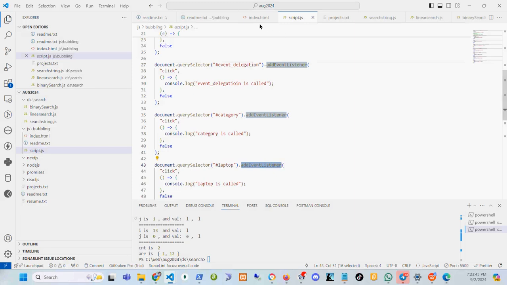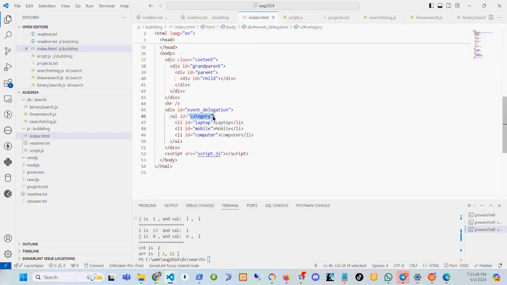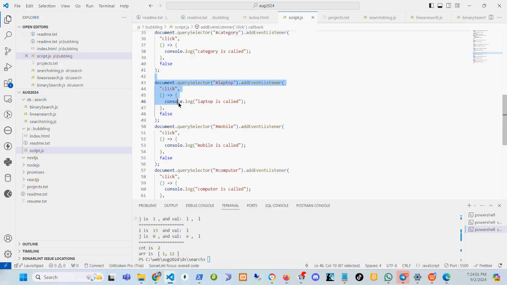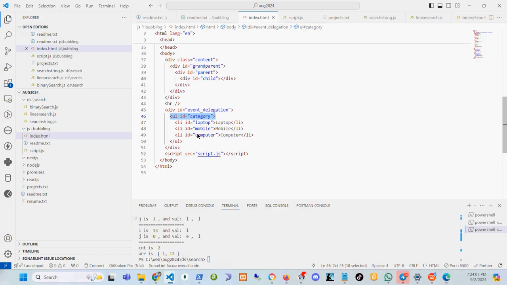It's better to put the event listener on the parent one, like category one, and we can also know which one got clicked only based on the category part. So for example, it's useless to write the event delegation for each category, because this category can be dynamic also. You are calling from the server side, it comes and goes all the time. So it is better to write down the event delegation on the category part, not on the subcategory, not on each individual category. We have to do event delegation on the UL part, that is the parent one, not the